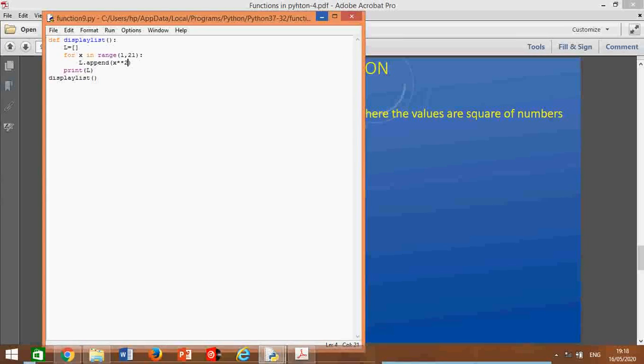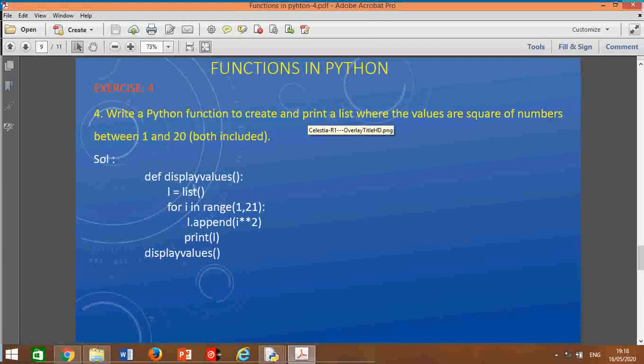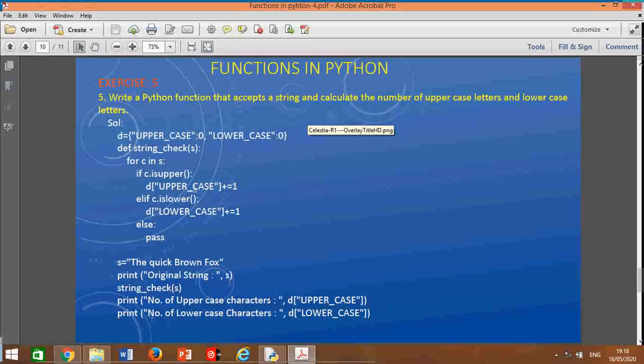So let us move to the last problem, question number 5. Write a Python function that accepts a string from the user, or initialize the string in the program, and calculate the number of uppercase letters and lowercase letters.